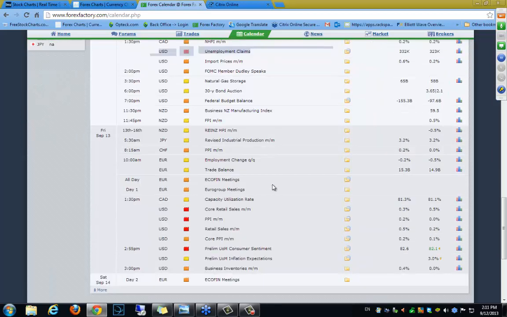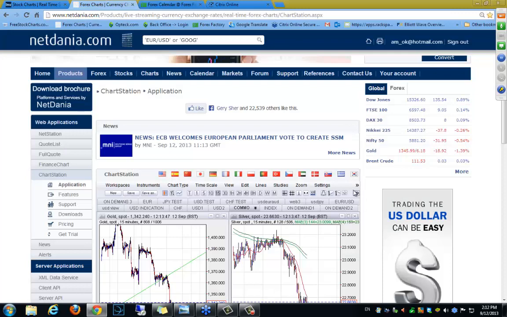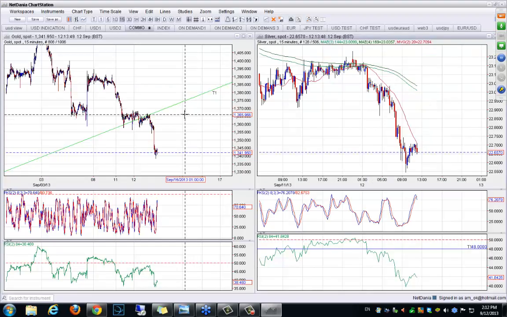Just to say, tomorrow, Friday, the 13th of September, we've got an announcement regarding the US dollar. Several good announcements that will definitely deliver liquidity to the market, and tomorrow will be a good day to trade. In the morning, I'm expecting very low liquidity, but after that, we'll have enough liquidity to trade safe positions on our platform. Okay, let's go to the platform, to the chart station, sorry.